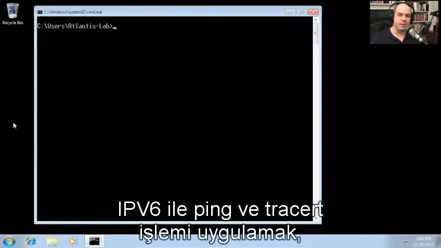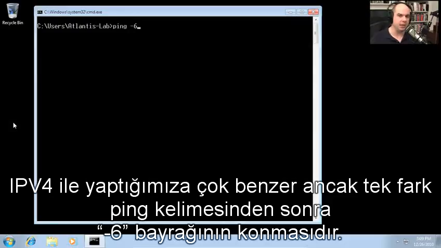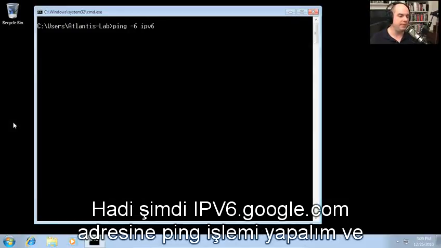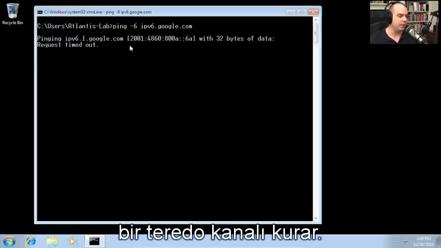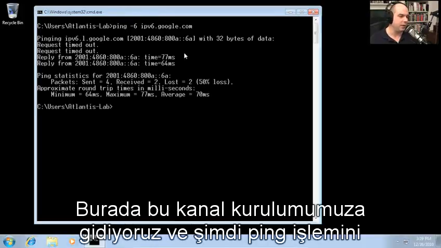Pinging and trace routing with IPv6 will look very similar to what we did with IPv4. The difference is, though, we'll put the -6 right after the ping. And let's ping ipv6.google.com and hit enter. It will resolve the IPv6 address for google.com. It will set up a Teredo tunnel to Google using a third party. And there we go. Our tunnel is set up, and now we are pinging